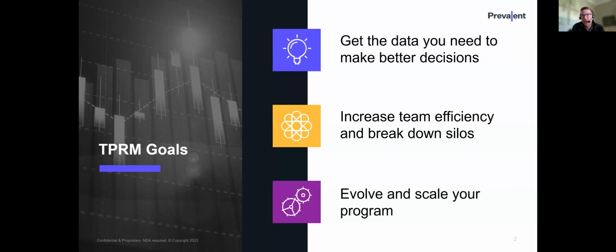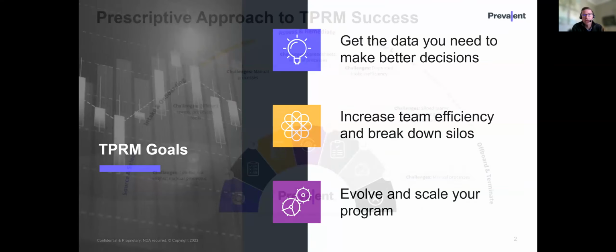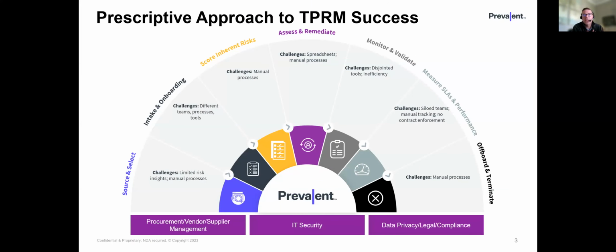Invariably, those are the three things that customers tell us they want to achieve with their programs every day. We take the approach where we look at risk and help you accomplish these three things across every stage of that life cycle of the vendor relationship. From the moment you decide you want to source a new vendor and make a vendor selection, to the point where you need to perform some level of intake or contracting or onboarding of that vendor, scoring some inherent risks to define what their inherent risks are that your company's now going to be exposed to by doing business with them, and what high-level remediations need to be put in place in order to proceed with that vendor,